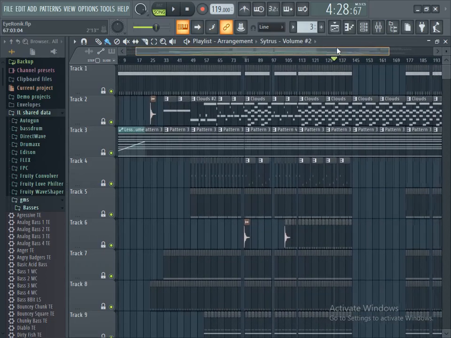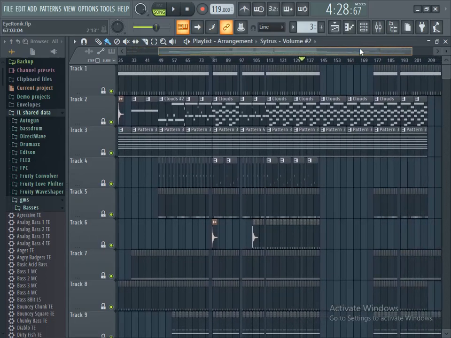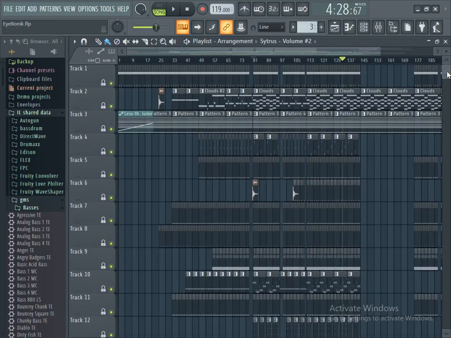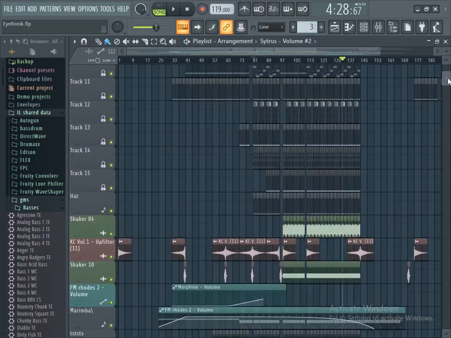Now, track structure is closely related to arrangement. Everything, I think those two go hand in hand. So my point being is how you structure your song will always depend on how you arrange your track. So here the arrangement is